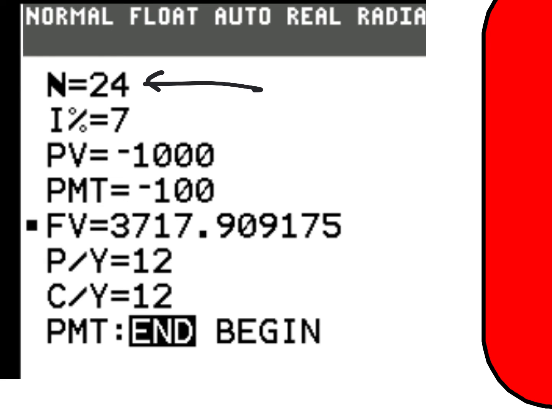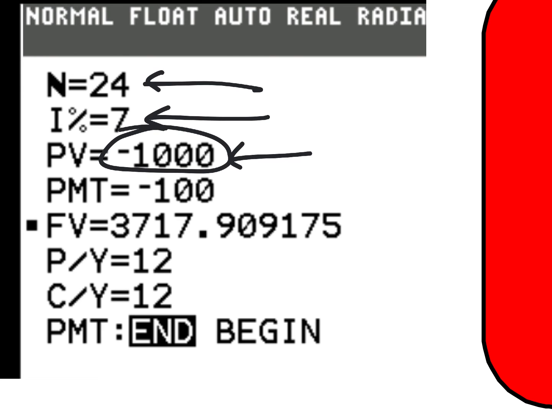Hey, we just did a bunch of problems like this. What does it mean? Yes. 24 months. 24 months. Good. What does that mean? 7% interest or investment interest. PV means presently you have,